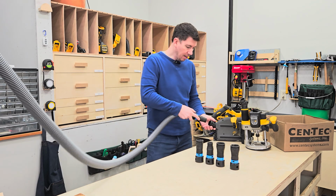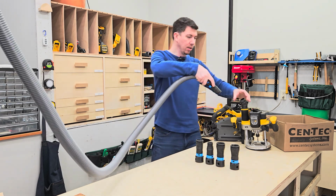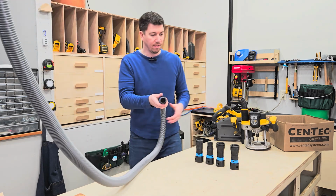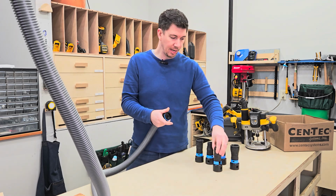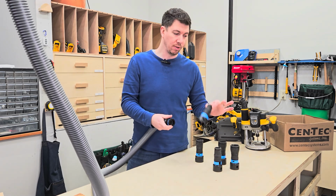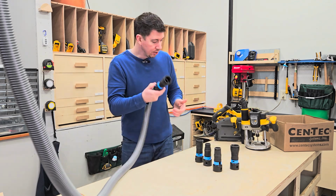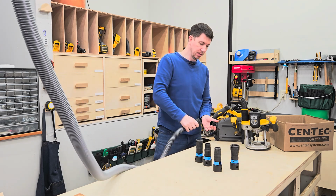So if I want to use it on my DeWalt track saw, I can do that. I can use it on my DeWalt router, and it fits in there really nicely. If I wanted to go over top, there's an end for that instead of inside. And I believe one of these fittings works with the Festool. I just don't have any to test it out. Okay, so on the outside, it can go around if I need to. So lots of different